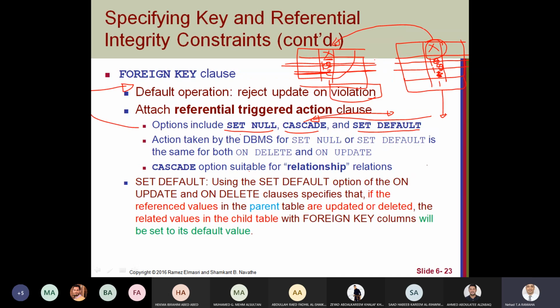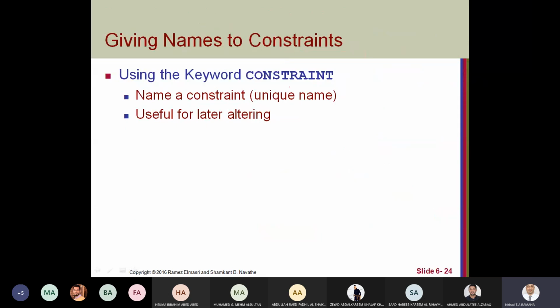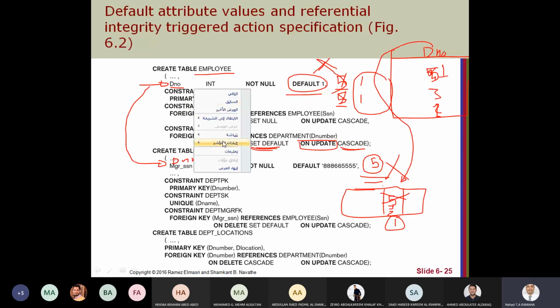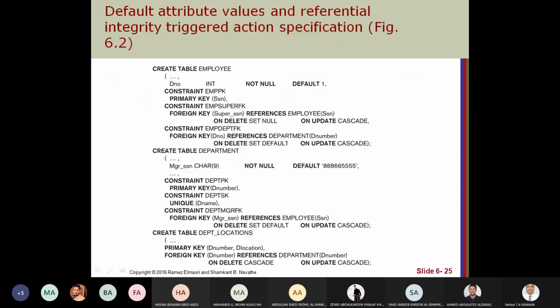Another thing: each constraint, we can give it a name, a unique name, using the constraint keyword. Why could I give a name like this here? Here, for the primary key constraint, I give it a name.